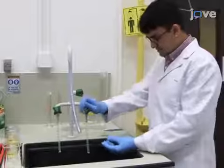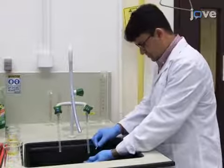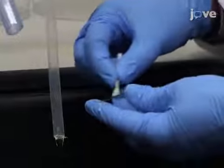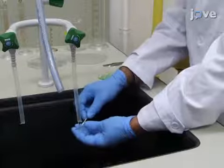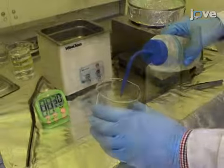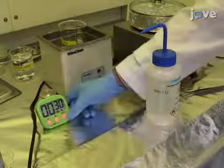To begin EMTE fabrication, clean a 3 cm by 3 cm piece of fluorine-doped tin oxide-coated glass with liquid detergent and a cotton swab. Thoroughly rinse the glass substrate with deionized water and remove traces of detergent with another swab. Sonicate the FTO glass in isopropanol for 30 seconds at 40 kHz. Then dry